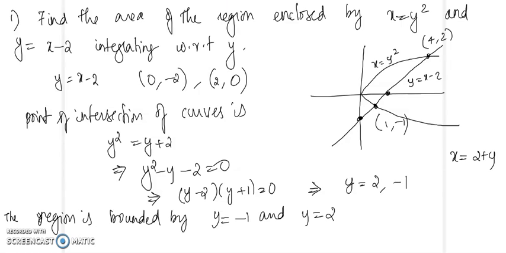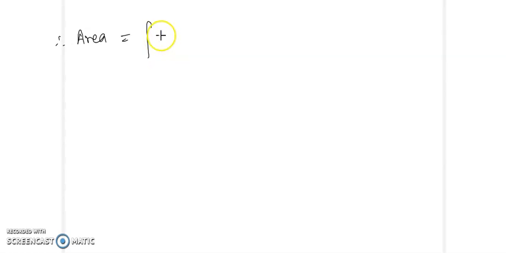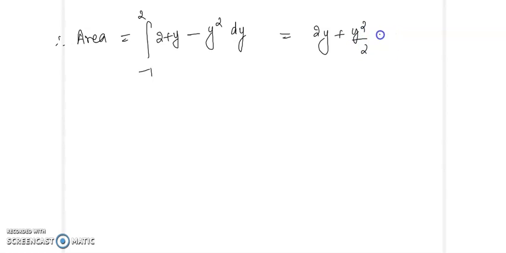So therefore area will be equal to integral from minus 1 to 2. So x is 2 plus y, so on the right side you have 2 plus y. So that is 2 plus y minus y square dy. So upon integrating you will get 2y plus y square by 2 minus y cube by 3